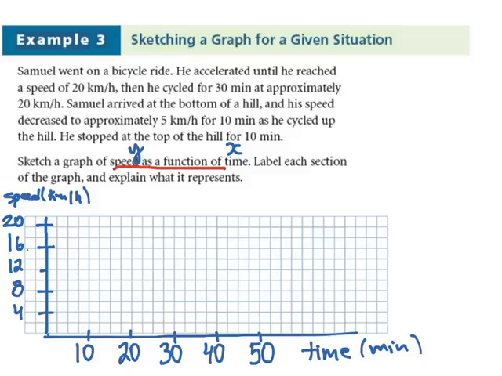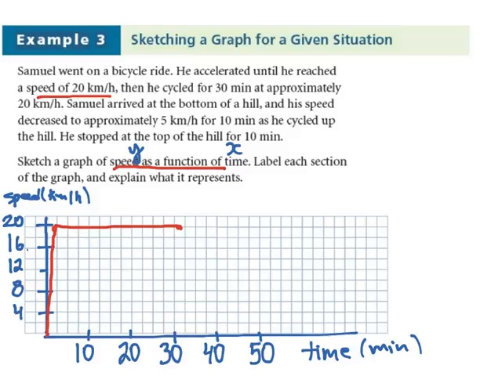He accelerated until he reached the speed of 20 kilometers per hour. We'll presume that he starts somewhere here, and he accelerated until he reached 20. We don't know for how long he accelerated, so we're going to make it very small. Then he cycled for 30 minutes at approximately 20 kilometers per hour. So approximately 30, a little bit past 30 because he accelerated for that short time, he will be at a constant velocity at 20